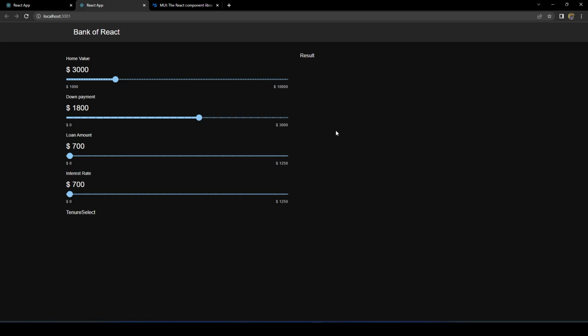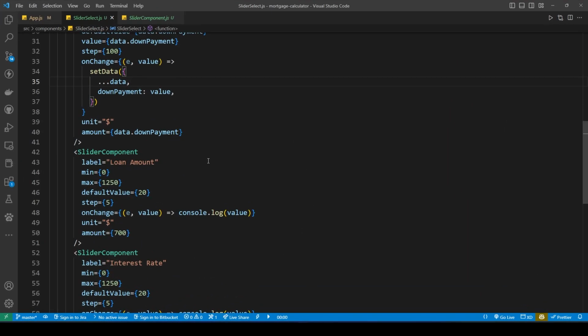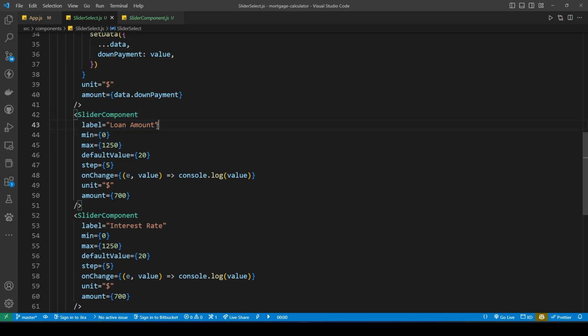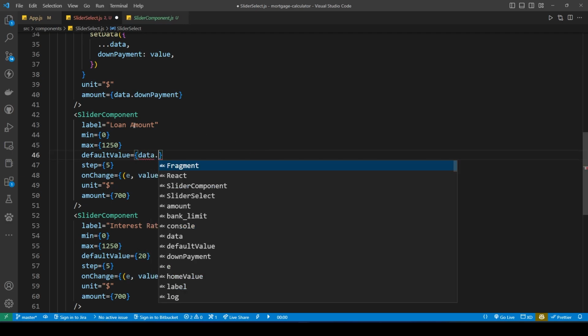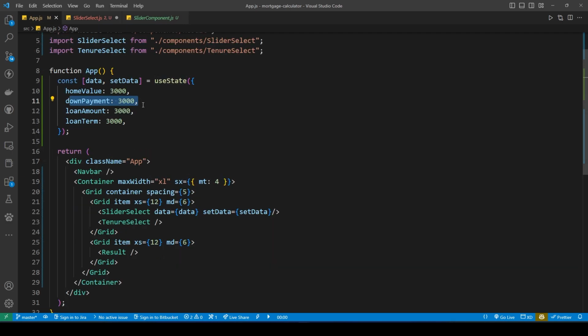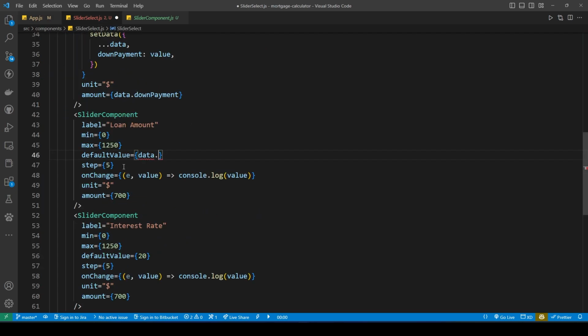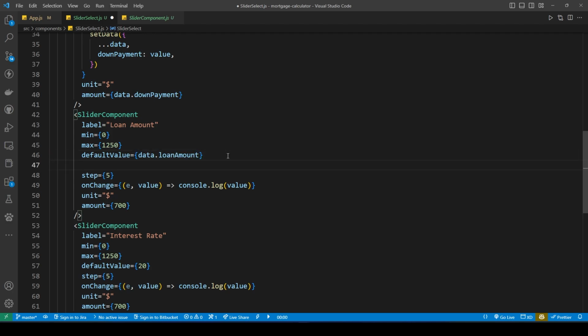In the same way, we're going to update the loan amount and the interest rate. Let's go back to our VS Code, and now do you see this slider? This is for the loan amount. Do you see the default value? We're going to remove this one and write data dot. Let's go back to the useState hook, which is situated in the app.js. Loan amount. I'm going to copy this, come back here, put it here. Copy this, go to the next line, write value equal to curly bracket, paste, remove the amount, paste it